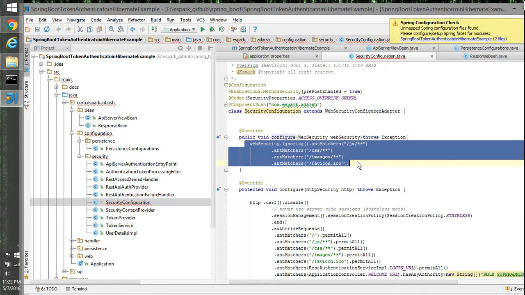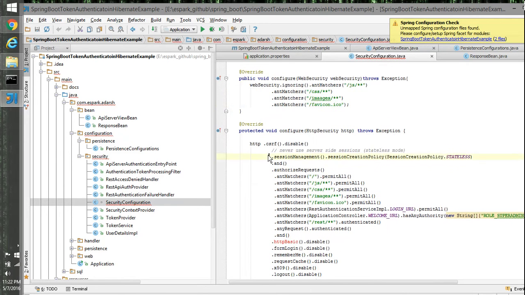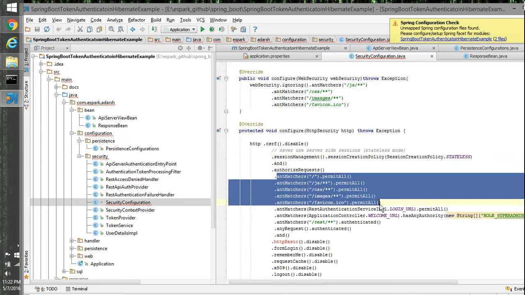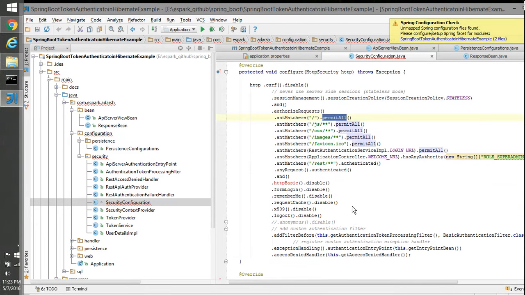Here we have configured the URLs which we don't want as part of security. Other than that, the session management and all these things are stateless. Anything that comes under this path, we give complete permission.